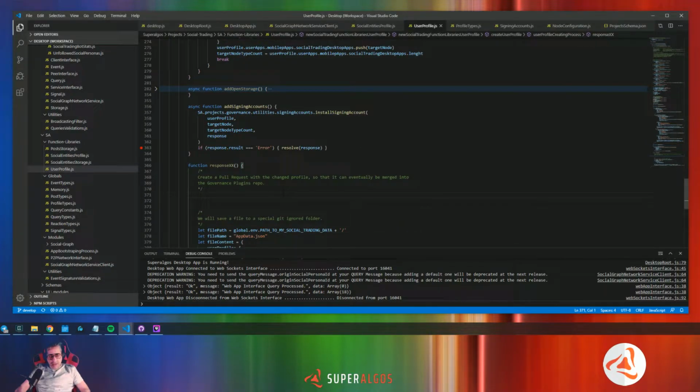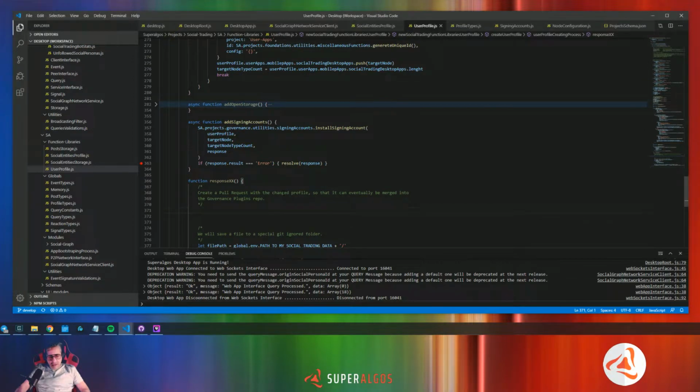Okay, so the other thing is that we are saving everything well, but we are not creating the pull request that is going to merge the profile into the repository. Because we're not doing that, we have to do it. And the third thing is that we need to debug still the path where the user profile does not exist in the SuperAlgo system. So three things to do now, and probably more,